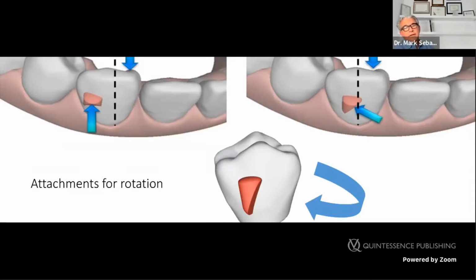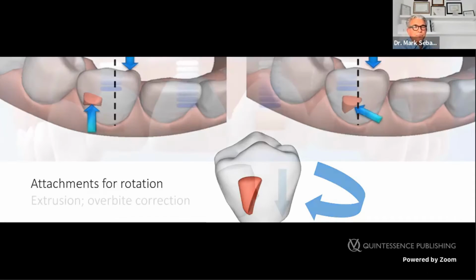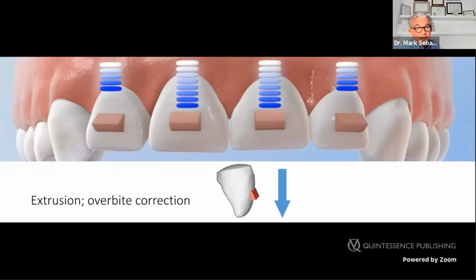This is a special attachment for rotation. Every aligner pushes this attachment forward, so that the attachment puts a lot of pressure on the rotation and the tooth can move. And this is a funny system. This is like a cherry stone that's pushed forward. So we can really make an extrusion of the front tooth.